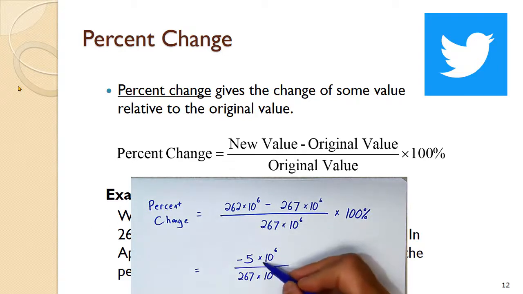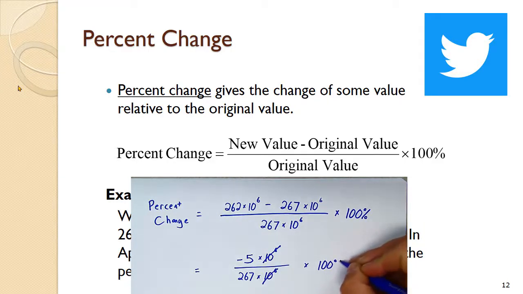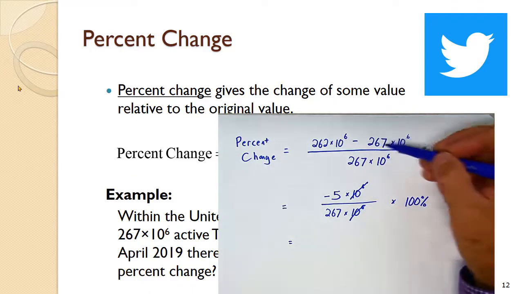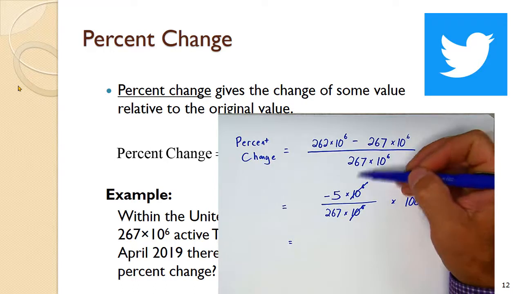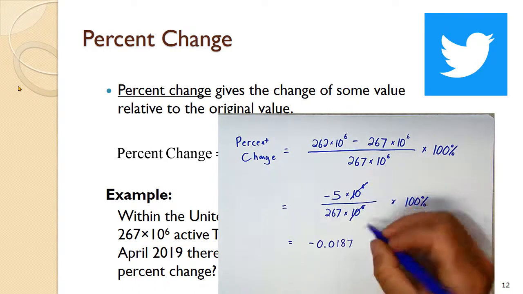And since we're talking about millions in all these cases, those just cancel off. And so we have negative 5 divided by 267. Now all these input values had 3 significant digits on them. We should keep 3 significant digits, and we get negative